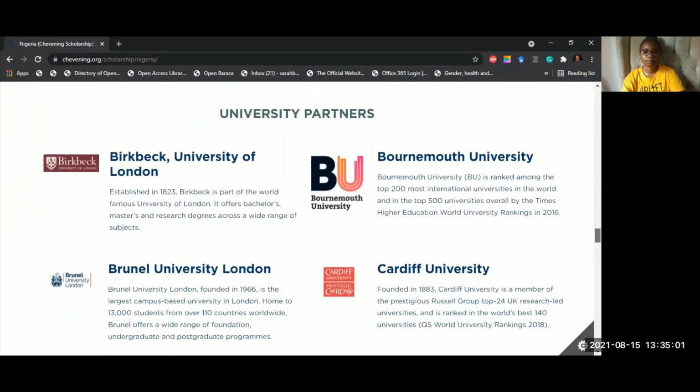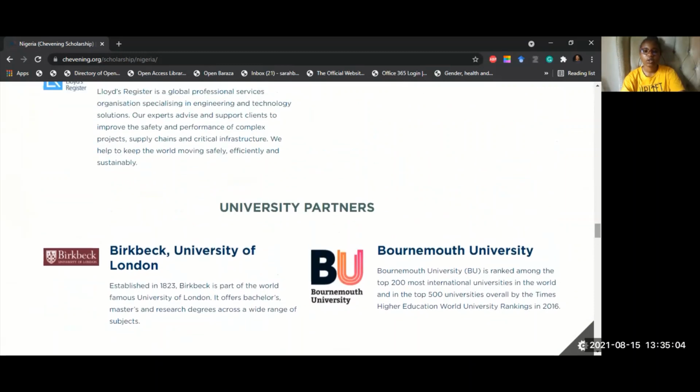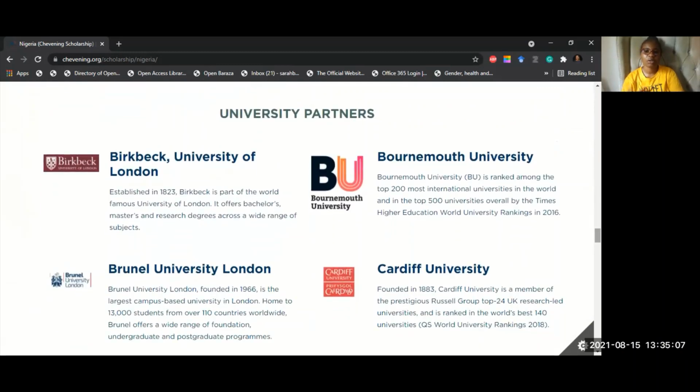And then Chevening has university partners as well. What they mean by university partners are universities that are in agreement with Chevening. Ideally you could study in any university in the UK, but according to my conversations with other persons who have attained the scholarship as well, there are some universities that are much more willing to take in Chevening scholars than others. I don't know the technicalities of such, but it doesn't mean that you can't apply to any university in the UK. You can, but you check in with